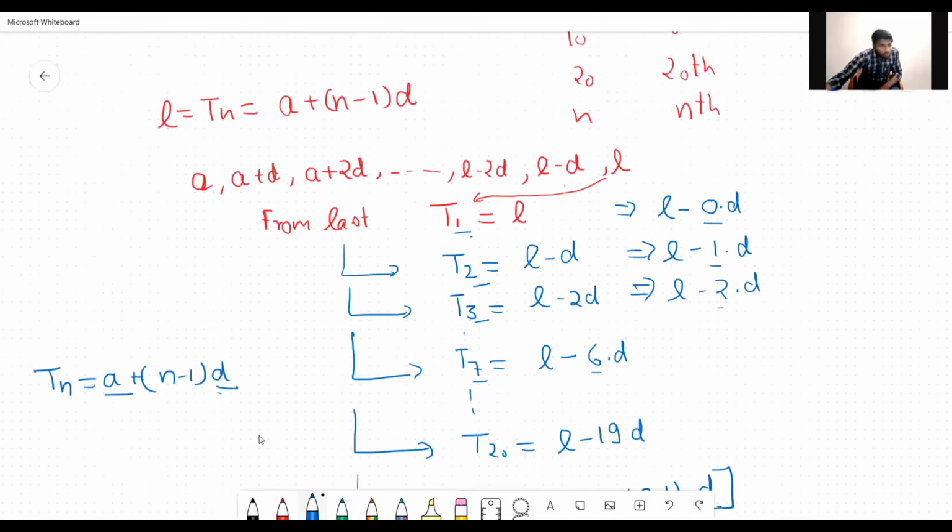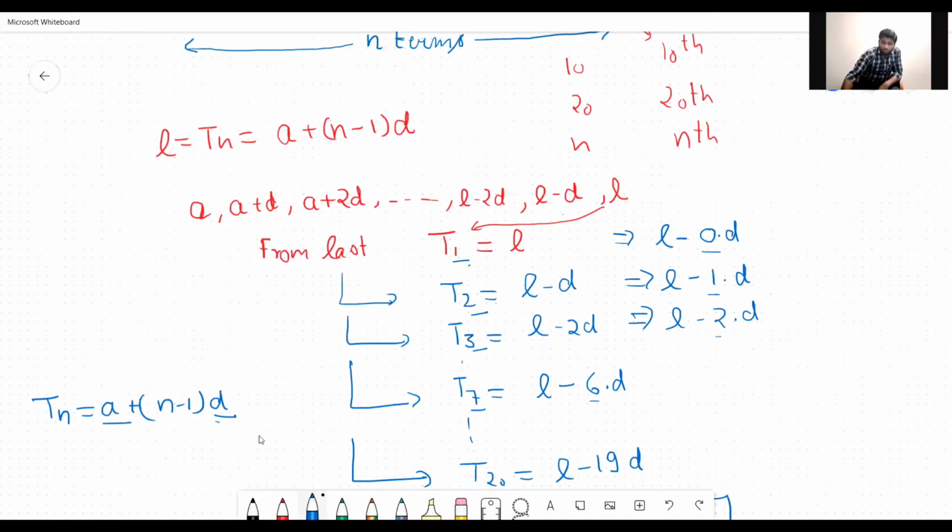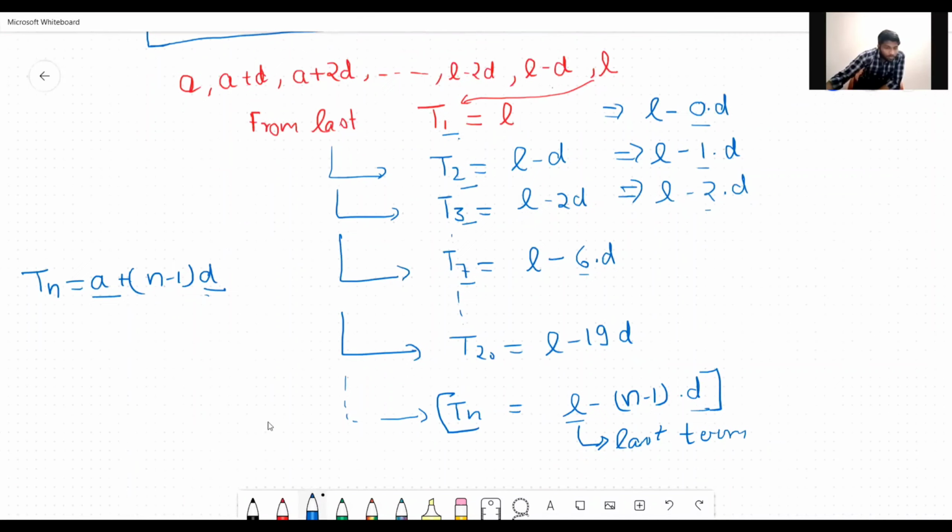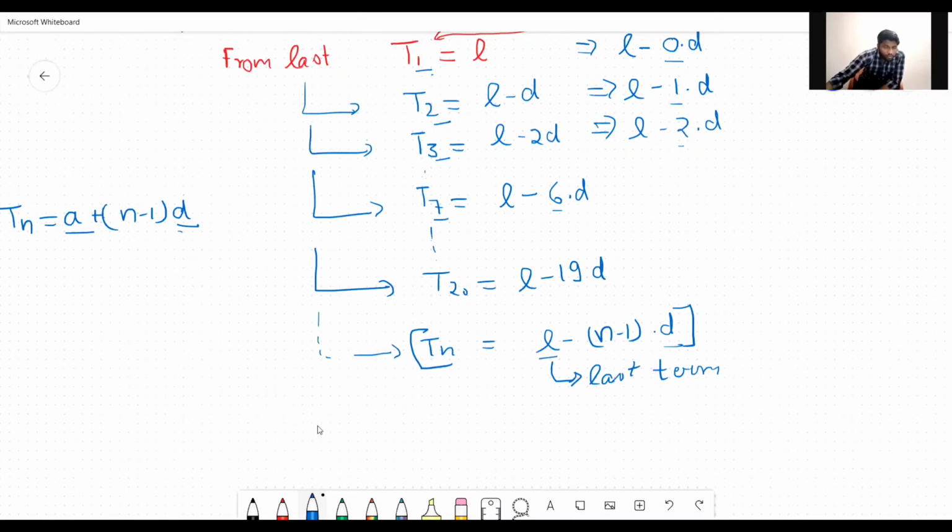If you do not know the value of L, you will use the earlier formula to find the value of L first. L will be the nth term of that AP, and n is the number of terms in that AP. If there are a total of 10 terms, then L will be the 10th term. If there are 20 terms in the AP, then L will be the 20th term of that AP. You can pause the video and make the note.